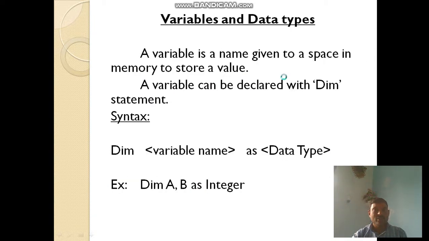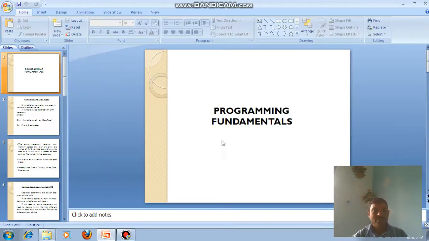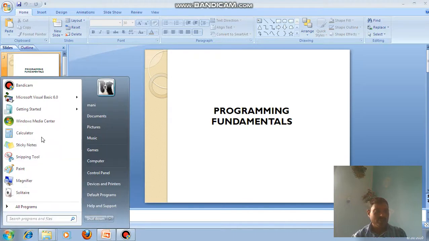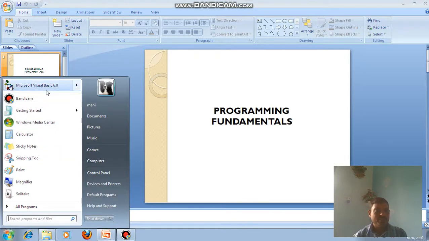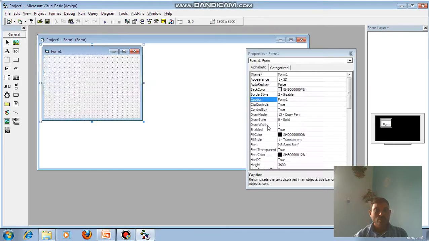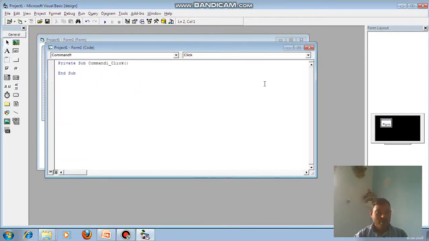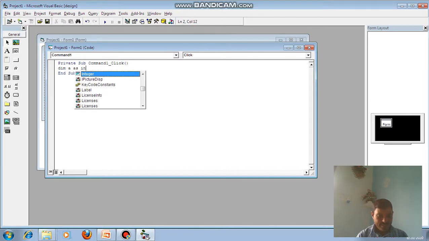Now I will explain how to declare a variable by opening Microsoft Visual Basic 6.0. I'm taking one command button here. I'm declaring a variable with the keyword Dim: Dim a As Integer.